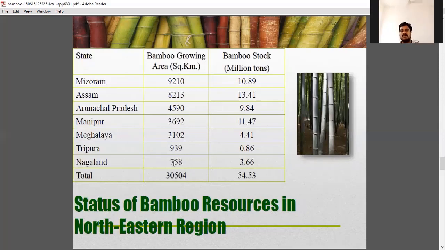So in Andhra Pradesh, if you see the growth of bamboo in Mizoram, 9,000 to 10,000 square kilometers, this bamboo is growing, and you can see the bamboo stock in million tons here. In the northeastern region, Mizoram, Assam, Arunachal Pradesh, Manipur, Meghalaya, Tripura, Nagaland, at these places, in these many square kilometers and this many million tons, bamboo is growing. Okay,